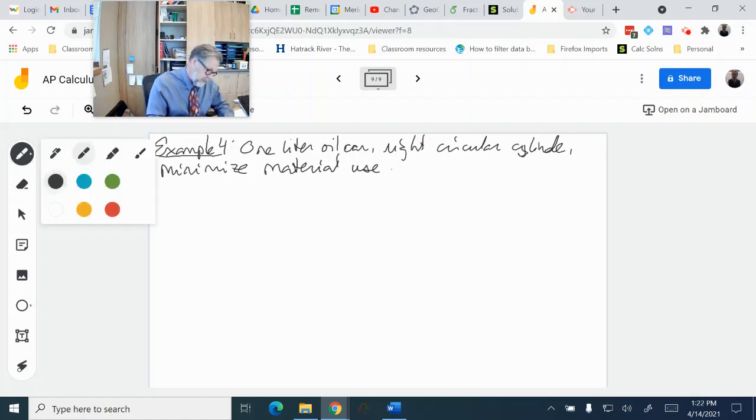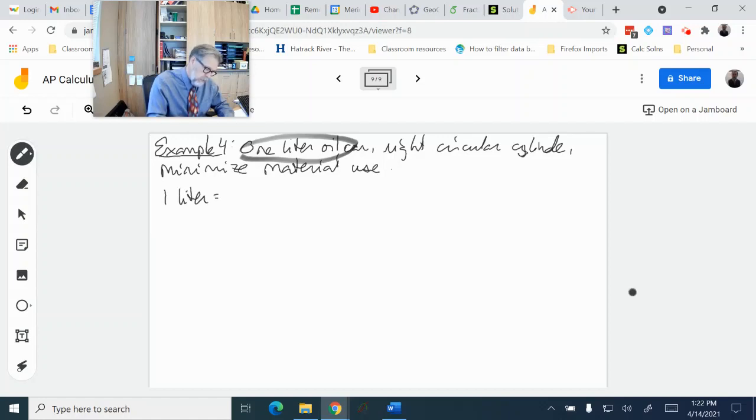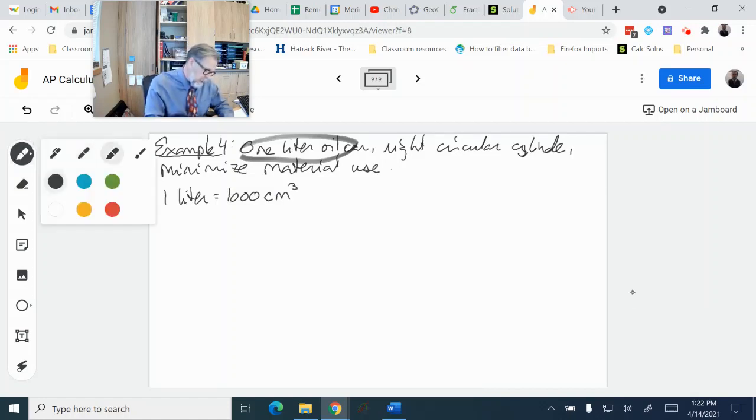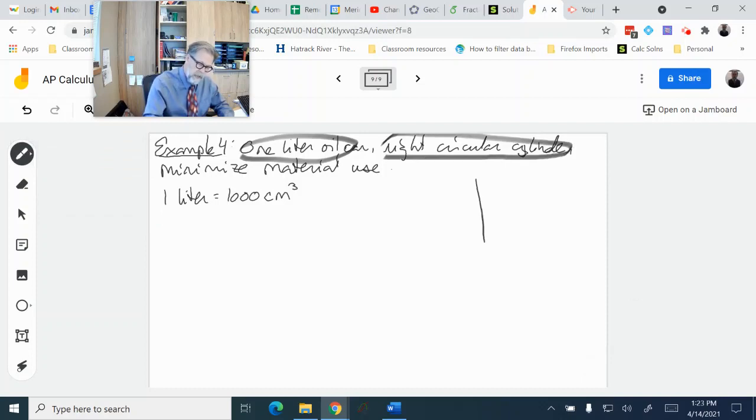So let's analyze this. Useful information, 1-liter oil can. We should know that 1 liter is equal to 1,000 cubic centimeters. If you don't, you do now. File it away in those memory banks. A right circular cylinder, so I'm going to go ahead and skip forward to making a drawing of the situation. Right circular cylinder will have a radius and a height,